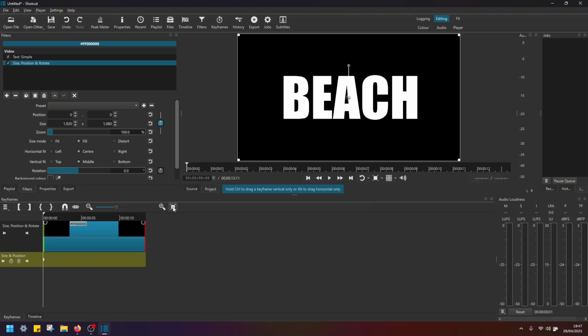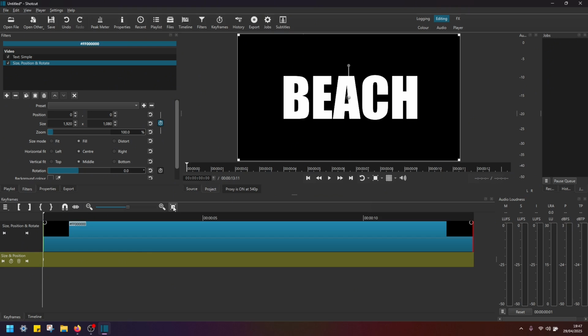So let's go ahead and just expand the view here. Click on this button, zoom keyframes to fit. So now we have better visibility of this clip. And what I'm going to do here is I'm going to create this automated zoom in of this text using these keyframes. So now let's say if I play this clip, okay, let's move the playhead to about this point